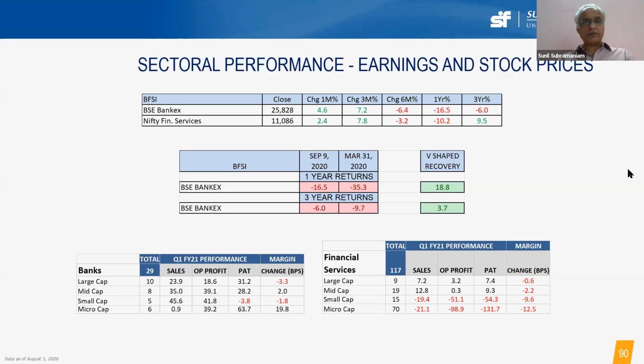Absolutely. If you look at the bottom left, I've shown the banking sector companies listed in the stock market, how their sales, operating profit, profit after tax, and their margin changes have worked in the recent quarter, that is April, May, June. As you can see, they are all in black, which is an indicator the banks have enjoyed surplus liquidity from RBI. The banks have enjoyed very low cost of funds from RBI, and the banks have not passed on those low cost of funds to the borrower. So they are sitting on good profits, which is what is being clearly reflected in the